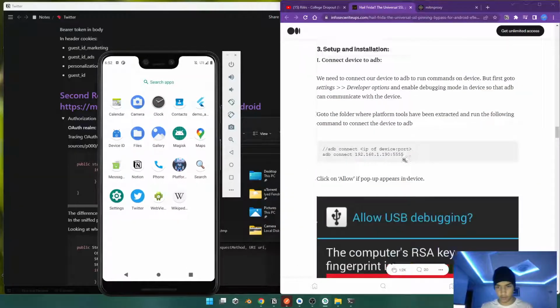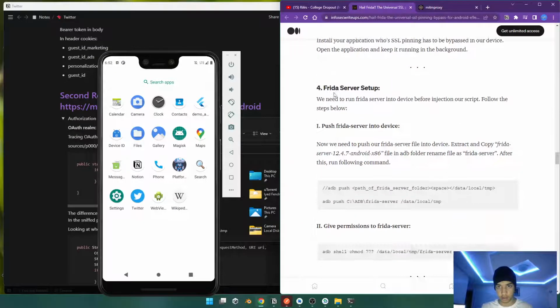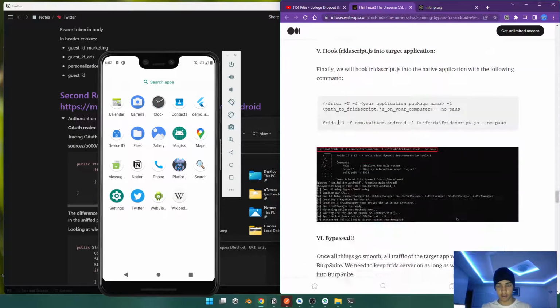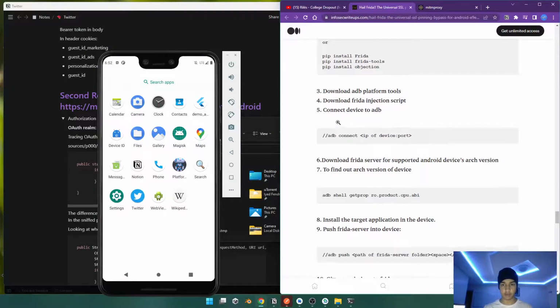The only thing I used from this article was this JavaScript script and these two commands. Yeah, this one. It's helpful. Anyway, and so